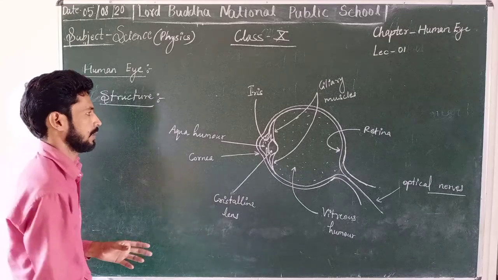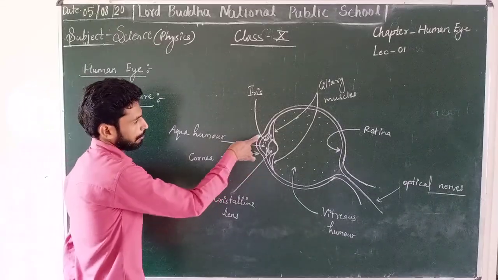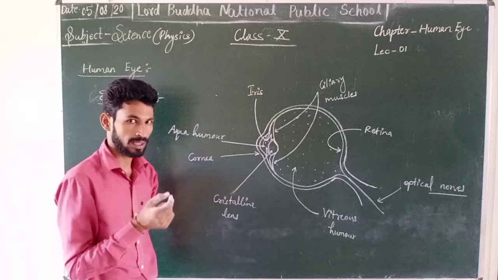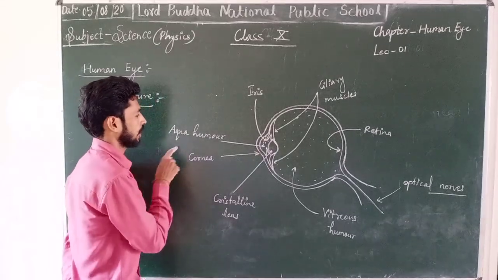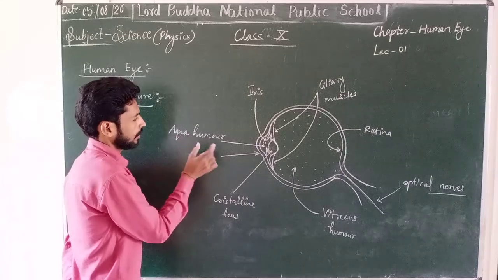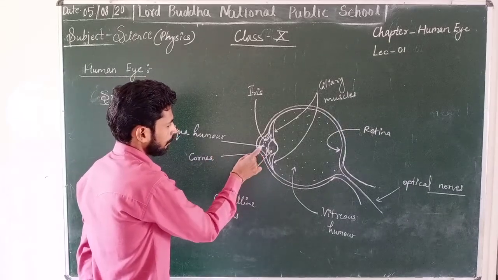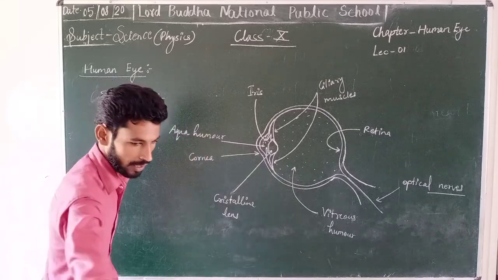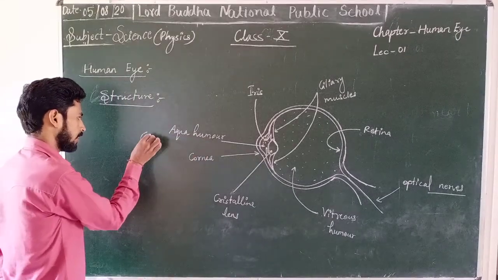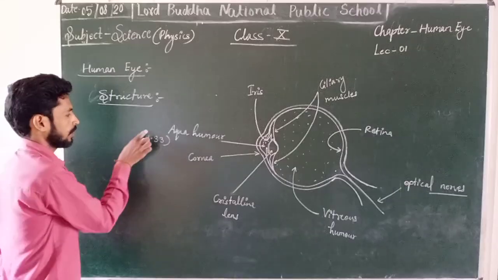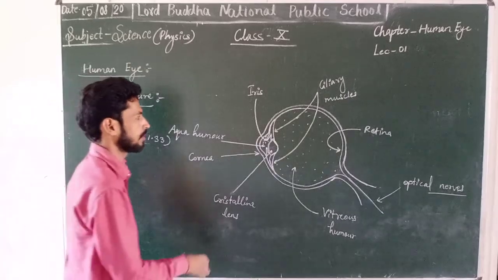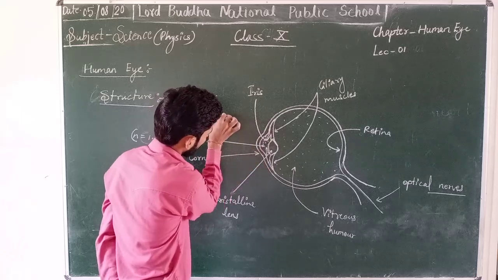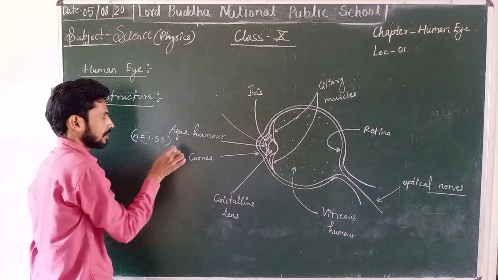हम लोग डिस्कशन करते हैं। फर्स्ट इज कॉर्निया। ये मेम्ब्रेन होती है which allows the rays of light coming from the object to pass, that membrane is cornea। Next is aqueous humor, the fluid or liquid present between the cornea and the lens, that is known as aqueous humor, and the refractive index of aqueous humor is 1.33, n equals 1.33। And next one is iris, and the mid part of the lens where the light enters